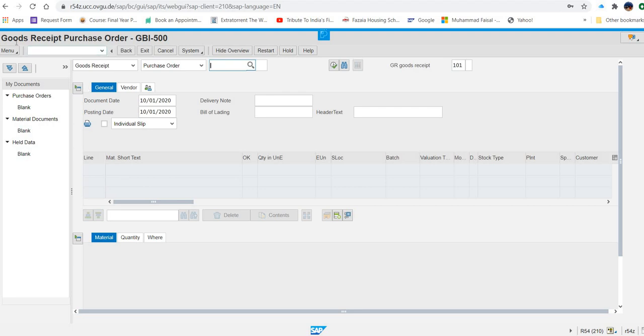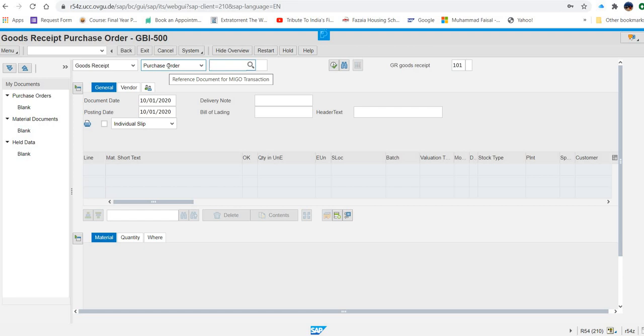So see, now we are on the correct transaction. So it happens. Don't worry, it happens. Make sure you are at the right place. Okay. So because now it's saying goods receipt purchase order. Okay. So now in this step, what is required? You have to make sure that on the first screen here, it has to be written goods receipt, and on the other one it is purchase order. So most of the time these two options are coming automatically, but if it is not, select and make sure here it should be goods receipt and here it should be purchase order.